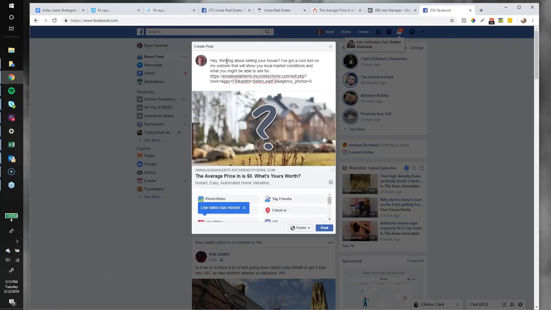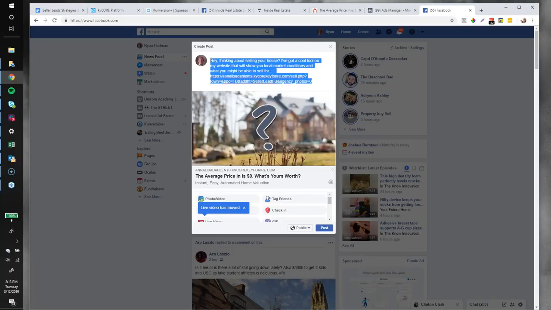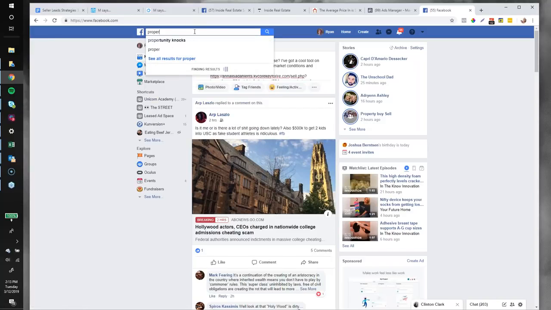Right? And if we had put the right area in, remember I said you didn't need the area, you do need the area. It says the average price is, and then it puts the average price for the area in like that. I could do the same exact thing on my Facebook page. Right? So if I go to,